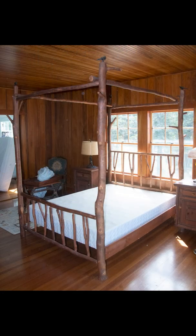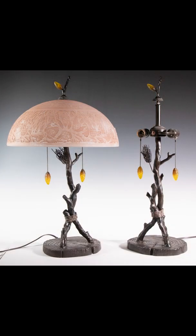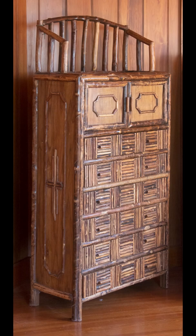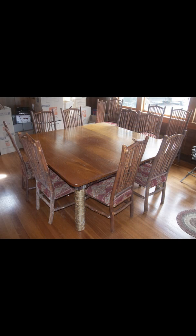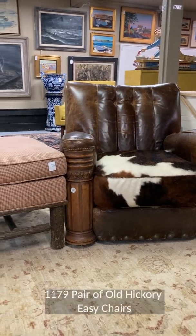Also on Friday, we have an extensive collection of very, very expensive custom Adirondack furniture, all out of one house on the water in northern Maine. All of these Adirondack furnishings did all the bedrooms, the living rooms, the dining room, and everywhere else. We have the lamps, sofas, this wonderful pair of custom leather armchairs with the cowhide fabric seats,